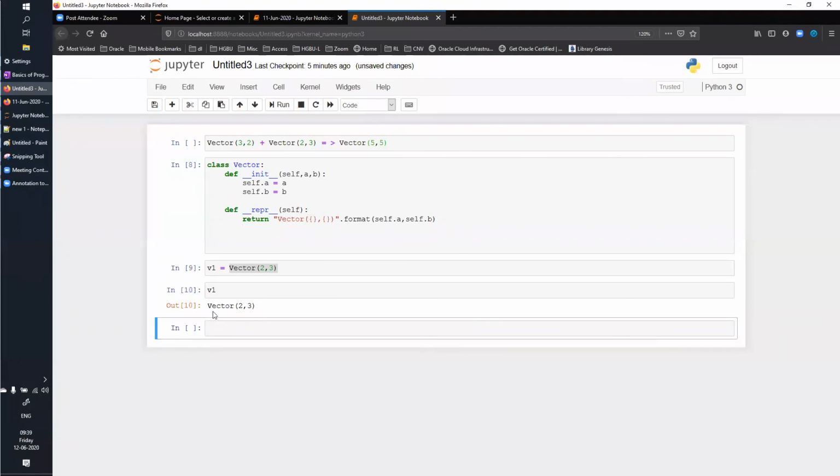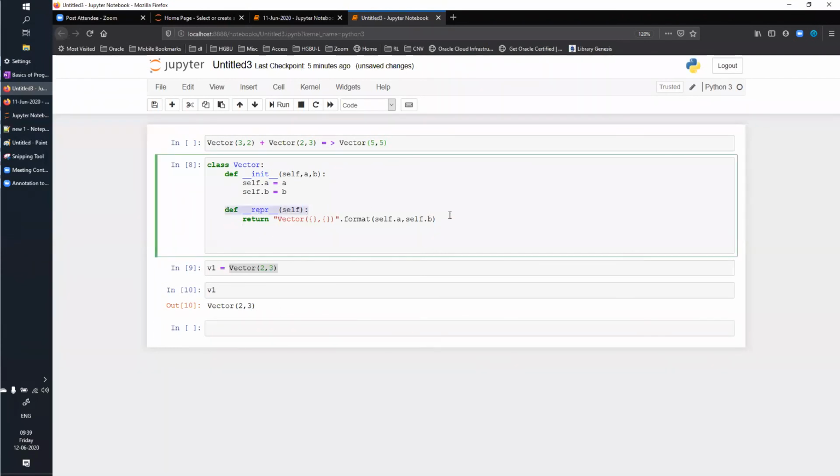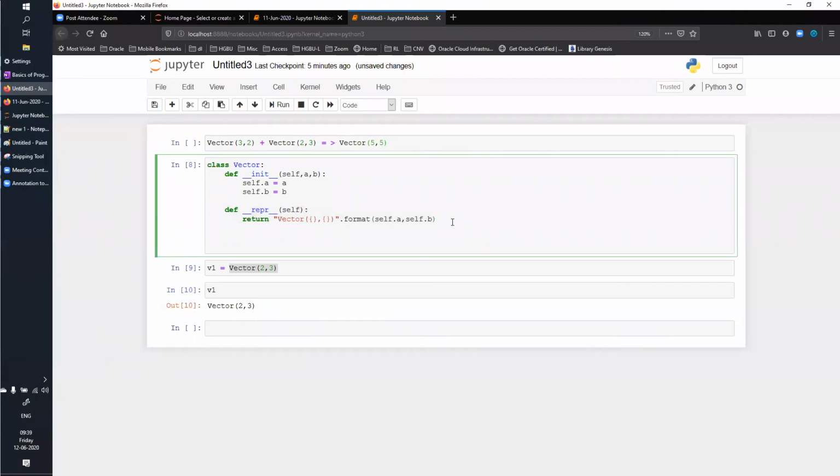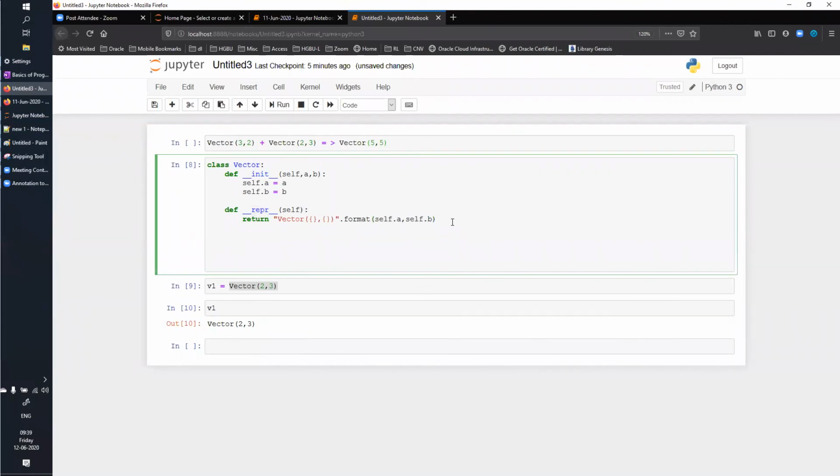This is what I want to represent. This is how I want to display my object, correct? So I am overriding the functionality of how my object will be represented. Is it clear to everyone? Yes, sir.